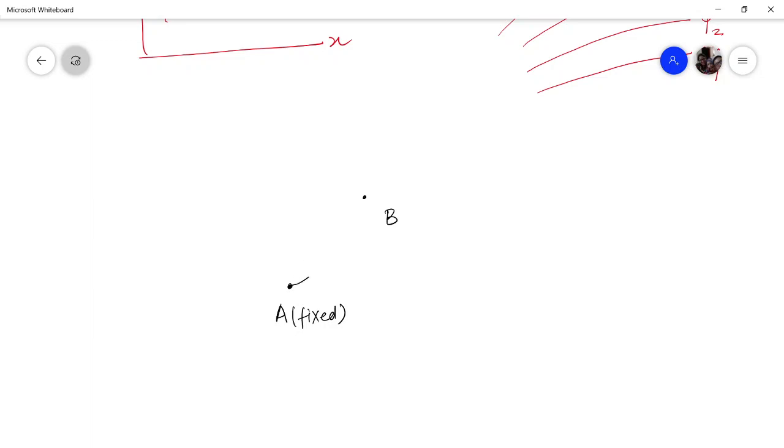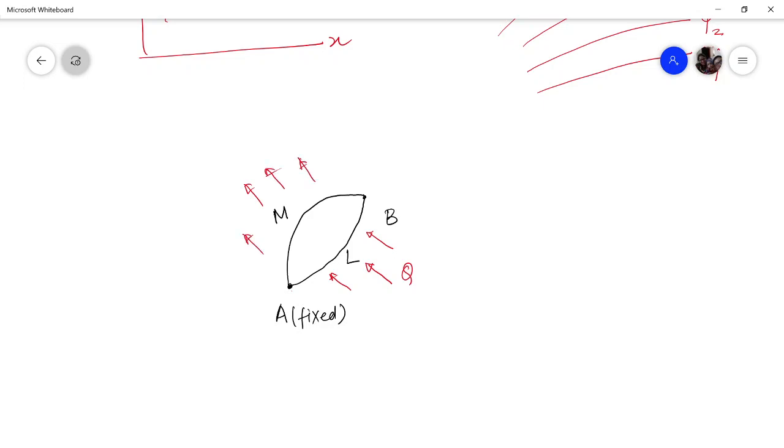Then you join these 2 points A and B. Then join another from another path. Let us say it is ALB and this is AMB. And assume that the flow field is steady. So if the flow field is steady, and fluid is entering between A and B with some flux, or discharge, let us say Q, then for the steady case, the same amount of fluid will be leaving.